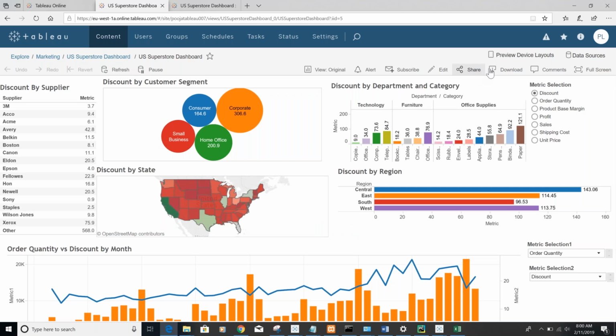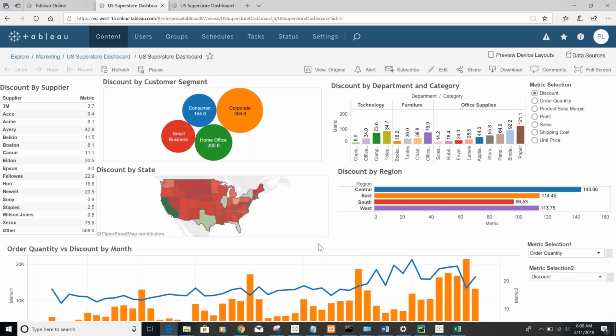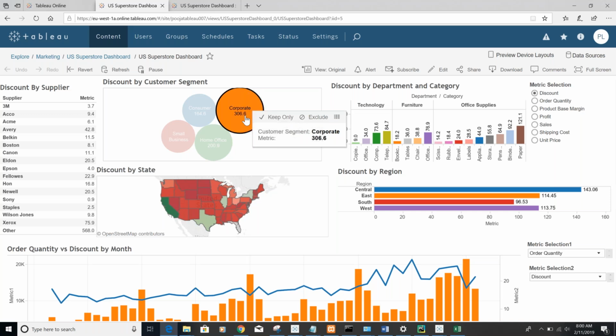Now, sometimes we also want to download this view as an image, or download the underlying data, or download this as a PDF or a PowerPoint. There are a lot of options out there. Let's say this snapshot you want to send to management. You can download that as an image or a PDF and send it. So a lot of download options are there. Now you can also download. If I go here,